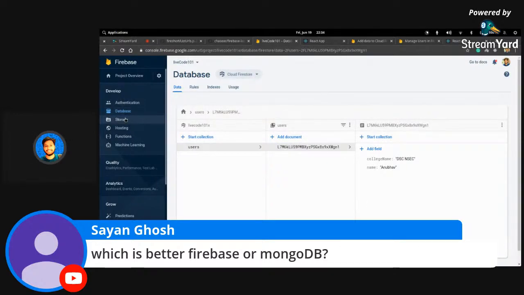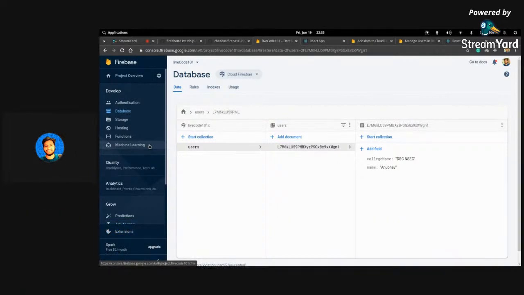Then Firebase has storage, and it acts like an always available CDN for you for free, and that's pretty great. And then there's hosting. There are also cloud functions which you can build, and there's machine learning. This is not on the web yet, but if you're trying to compare the Firebase database with MongoDB, then you're actually trying to compare